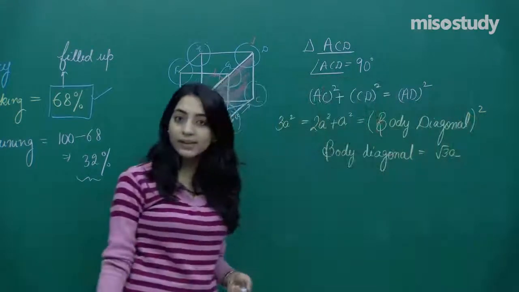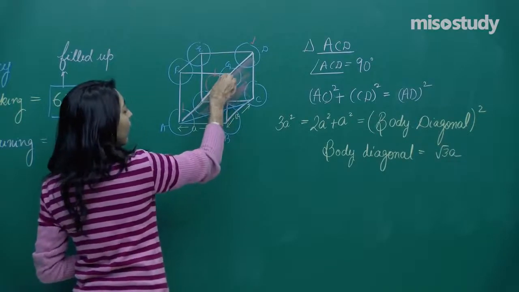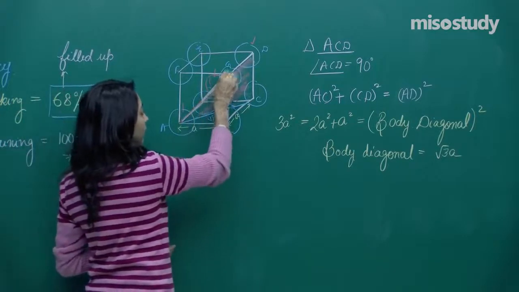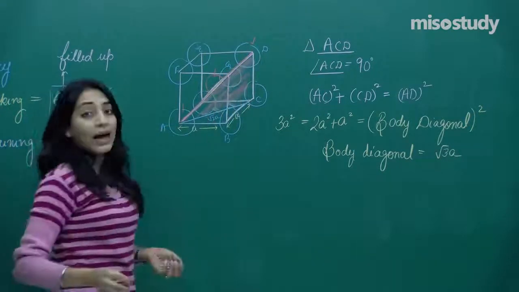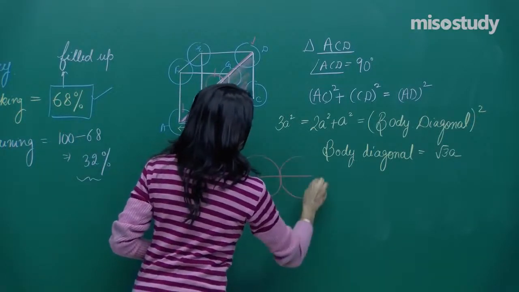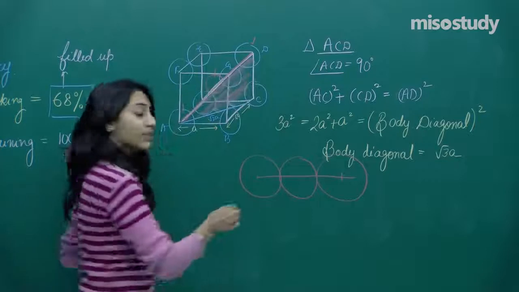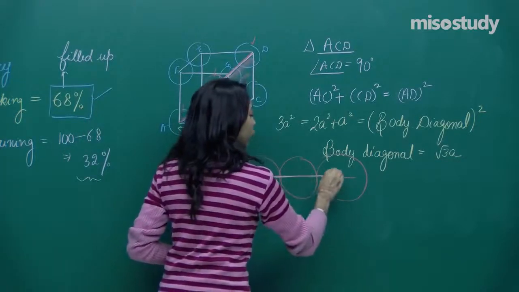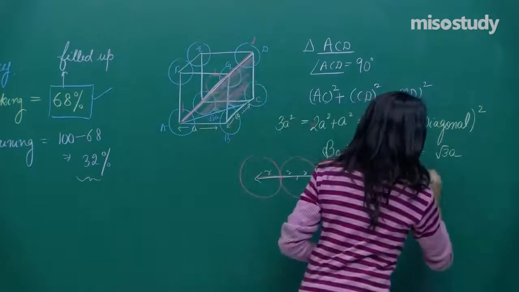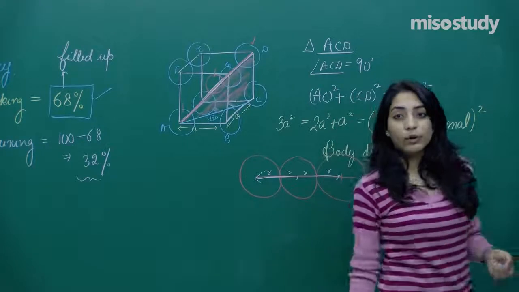Point number 1, right? Now see carefully guys, either this is the body diagonal, the one I am drawing in dark white, or you can say this pink one is the body diagonal. But in case of body diagonal, actually the figure looks like this, and this, right? And this is the body diagonal. So see, R, R, R, R. That means you will finally end up getting the value root 3 a is equal to 4r.